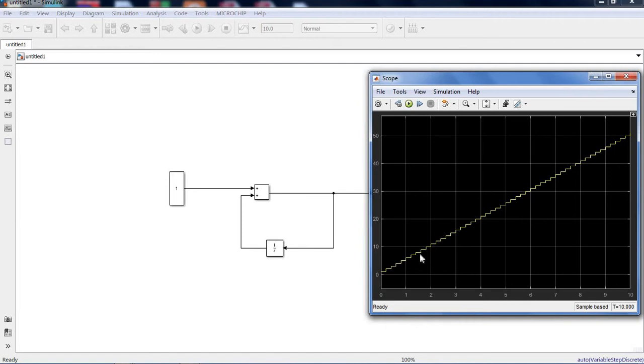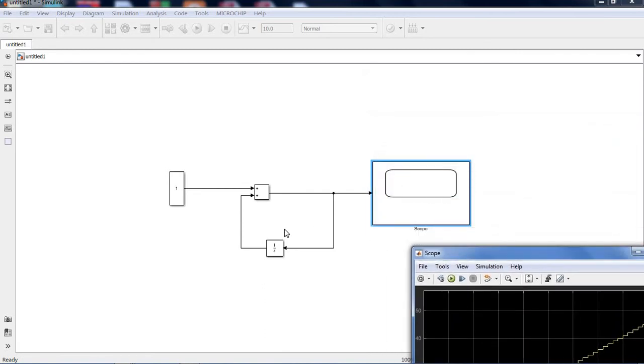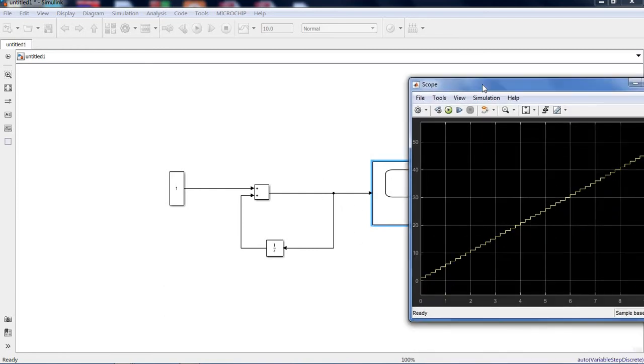It is just addition with the previous updated value. It is a free running counter. It continuously adds to the previous output because we don't put any limit.